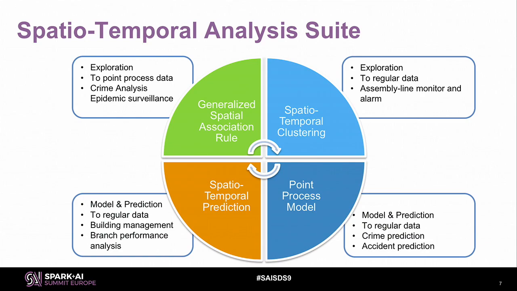Okay. So within such a spatial temporal architecture, we can provide several kinds of analytic modules to address the different requirements of the different data sources and different user scenarios. In the upper left, for point data with time and space properties, generalized spatial association rules can be used to find out how the point data, or the events, happened with their time and location. It's an extension of the traditional association rule, but it connects the data with their time